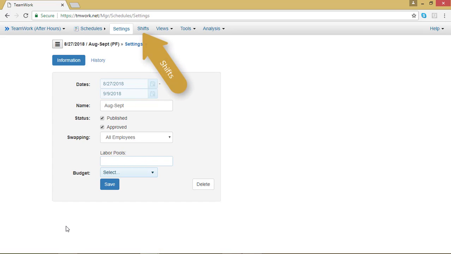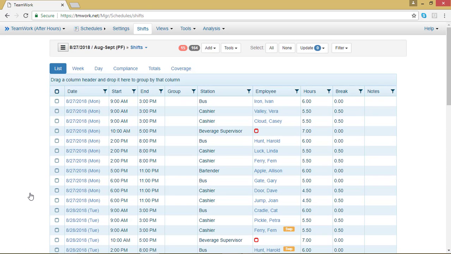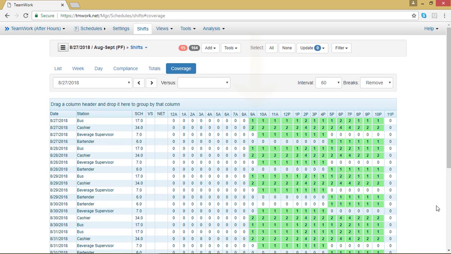Then go to your new top menu bar and click on Shifts. You should arrive at your list of shifts. Once you do, go to the top of your chart and click on Coverage. You should now be able to see the coverage of your template at a glance. You can see when you have people working in green and when you don't have people working in the white-gray